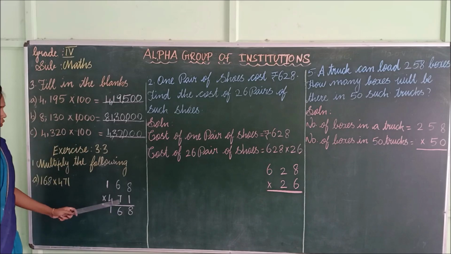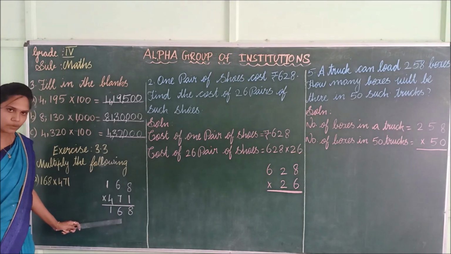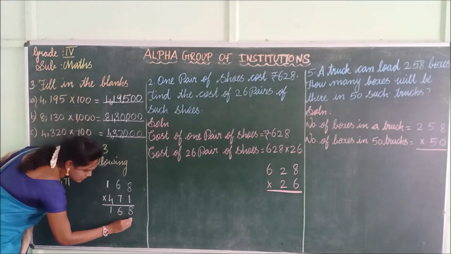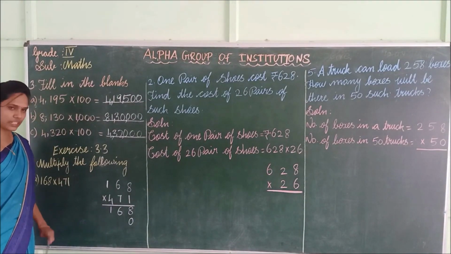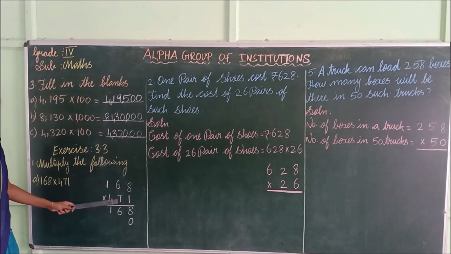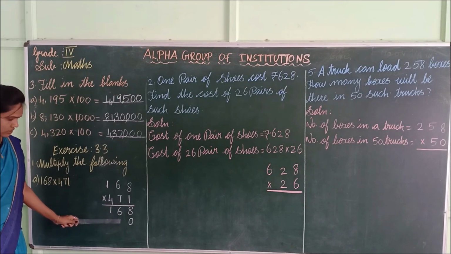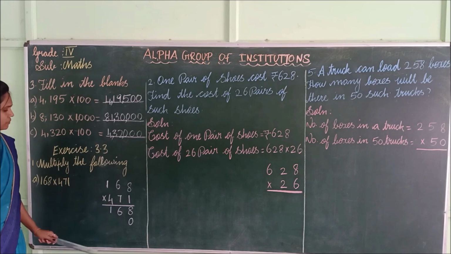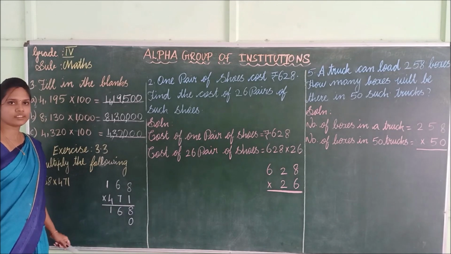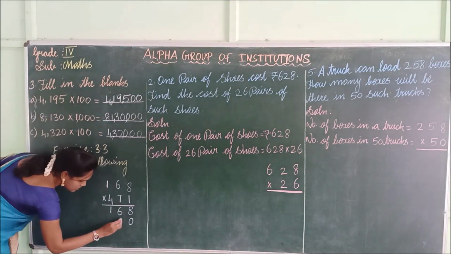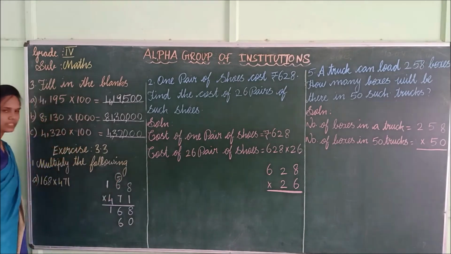Now we move on to tens place. While doing in tens place, you also start from tens place. So in ones place you have to put 0. Here we are taking the number in tens place, so we also should start doing the answer in tens place. See, 7 into 8. 7 8s are 56. So 6 should put here and 5 should carry over to the next place value.